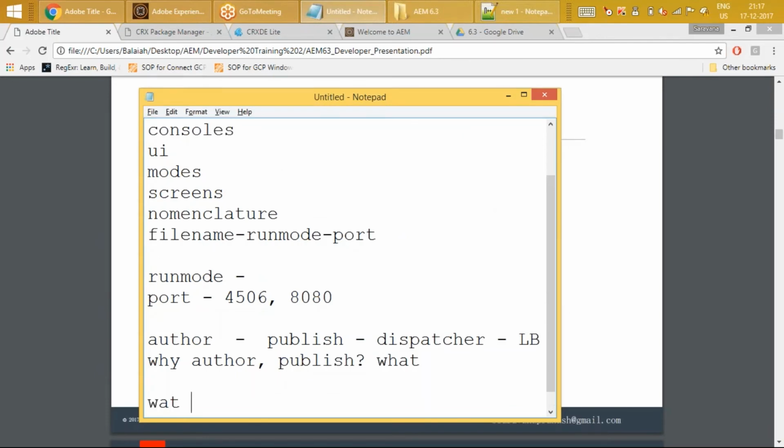So, dispatcher is like you said already, the load balancing and those things. Basically, to improve the performance of the instance, you can set up caching. But actually, it's like a web server which sits on top of the instance. All the speed, performance, caching, and different settings, like domain name allocation, you can go through with dispatcher.